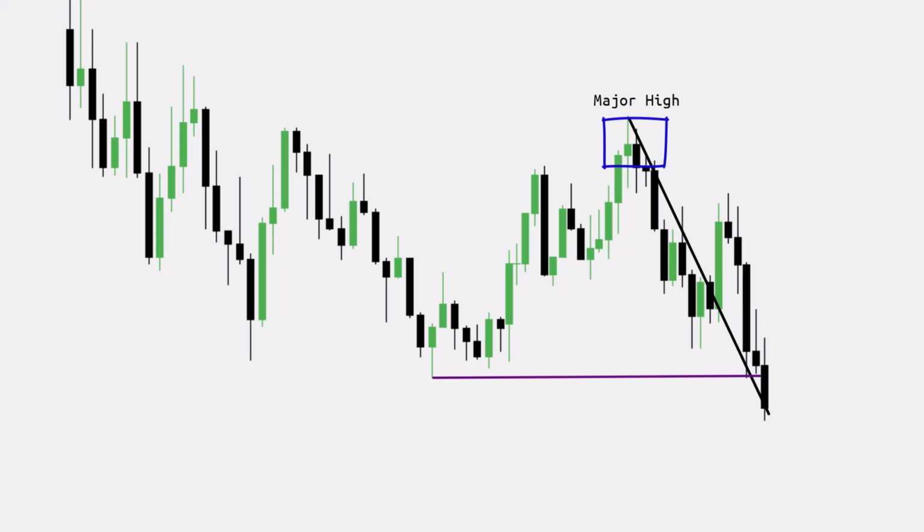This extreme high is particularly significant because it marks the precise turning point where buyers lost control and sellers took over, triggering the downward movement that led to the break of structure. This high serves as the ceiling of the new bearish phase, making it a critical reference point for traders monitoring the market structure. With this framework established, we will delve into another crucial aspect of market structure, the break of